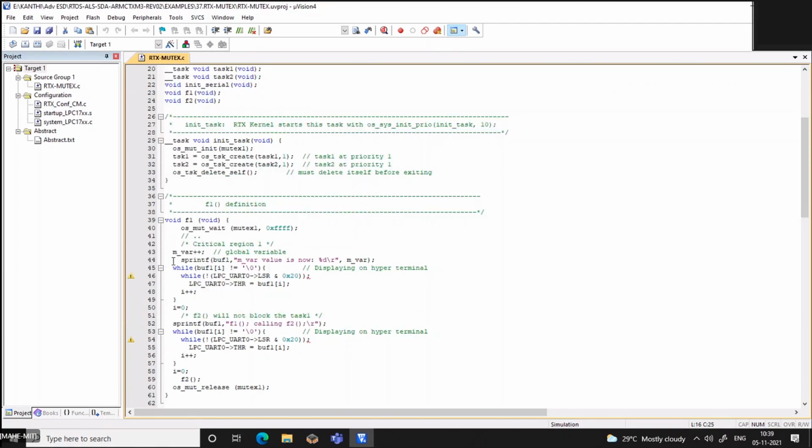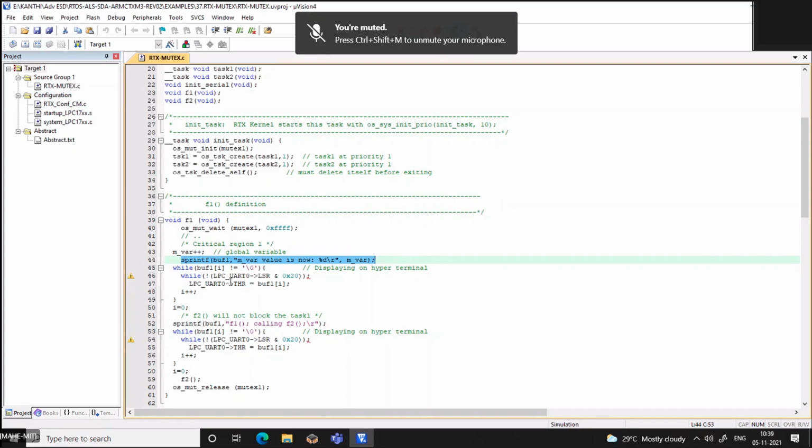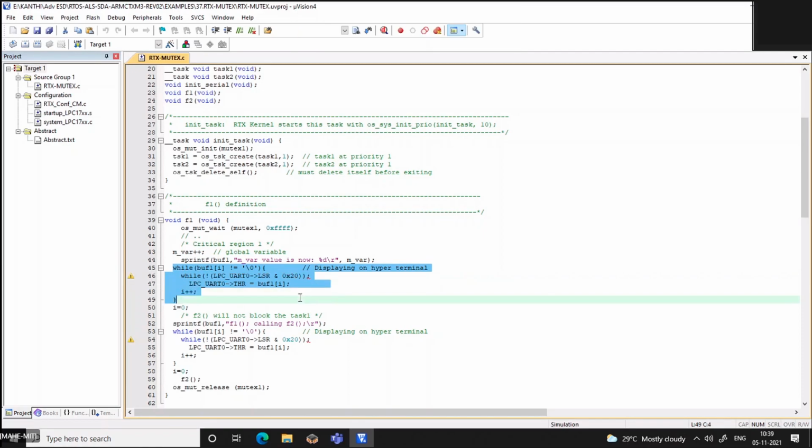This is our global variable, and now we put a message saying what the value is at present. This is a variable which we are using in both tasks. So you put a message saying what the value of this global variable is.